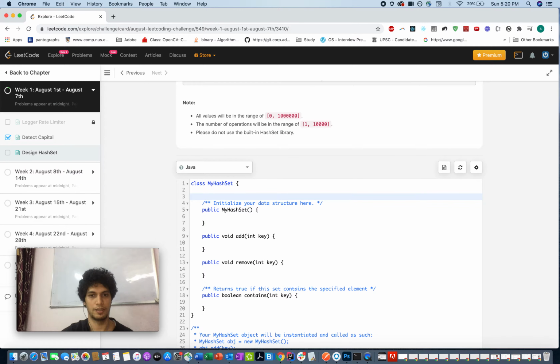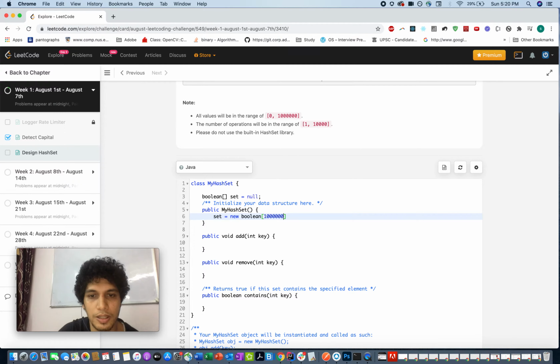So let's code. I'll define a Boolean array named set, and it would be null by default. And whenever a new object is getting constructed, I'll initialize the array with 1 million plus one.